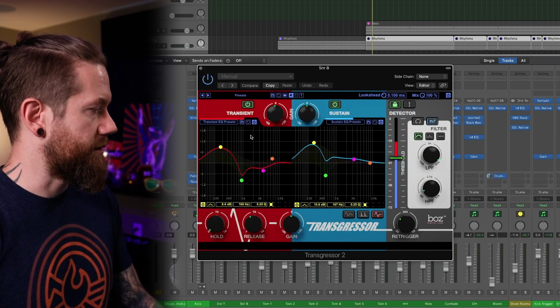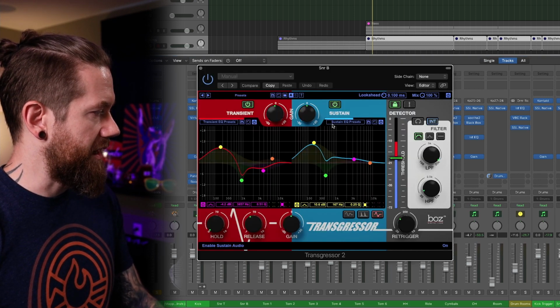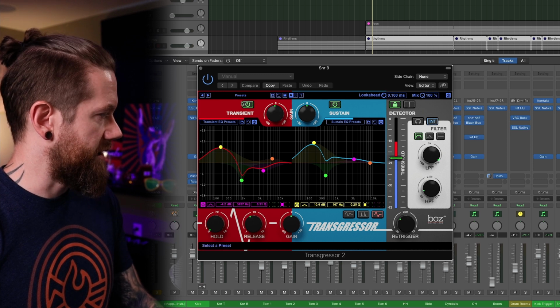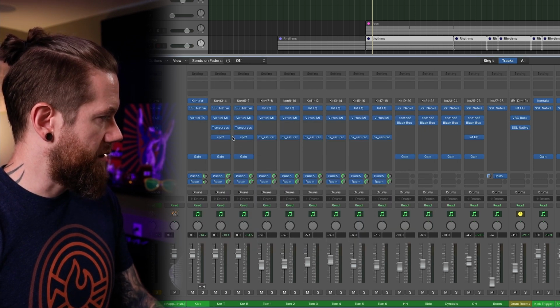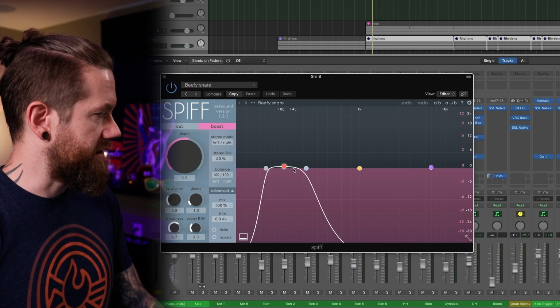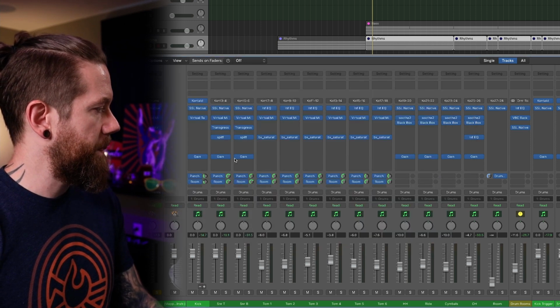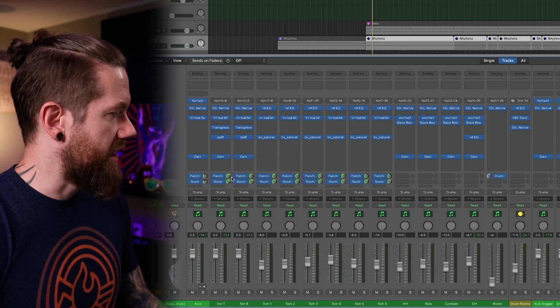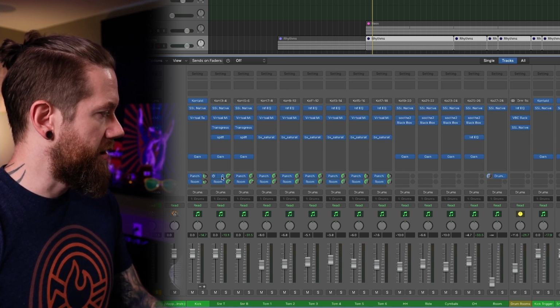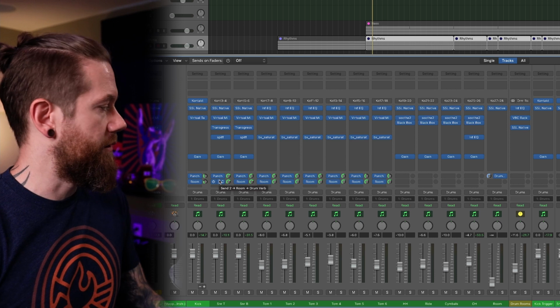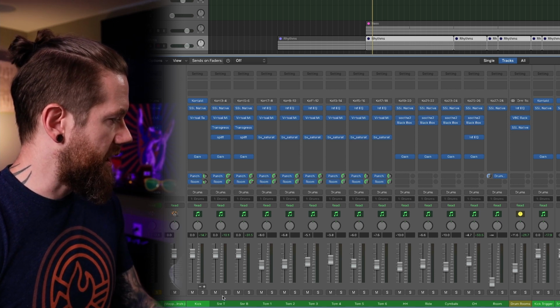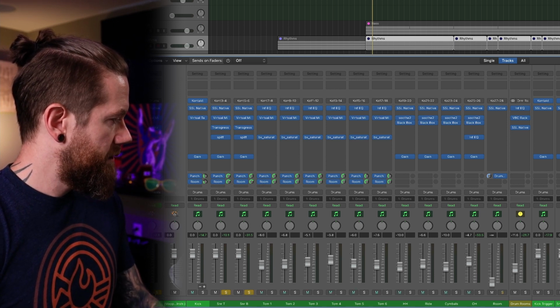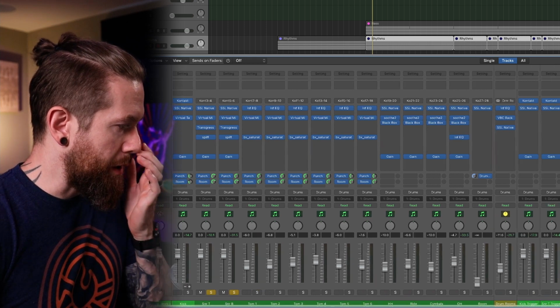Let's see, we're doing Transgressor 2, transient, sustain again. And then you can see all the settings there. And then we're doing Spiff, and it's the exact same settings as on the top. And then the gain again is -14. And of course we're sending to the punch and the room buses, and again we'll get to those in a little bit. But let's go ahead and just solo these snares,